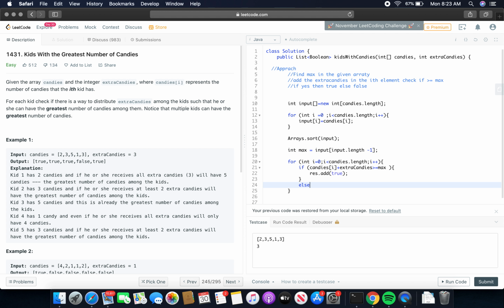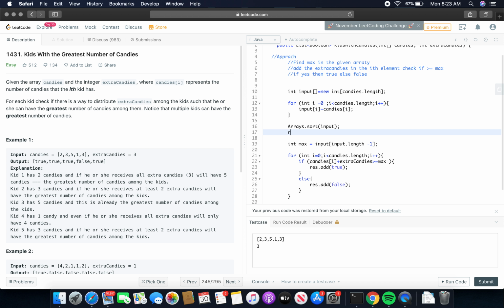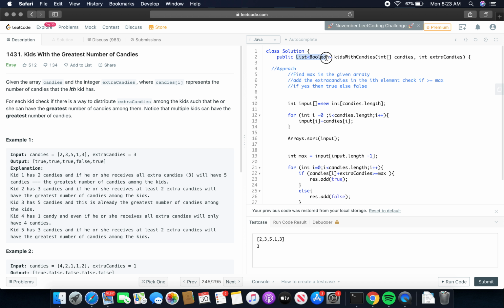Else we will add false. So if the element is greater than the max, then we will add true into the result set. So what is our result? Result is actually, as given in the question, we have to return a list of boolean. So we will create an ArrayList of Boolean, result is equal to new ArrayList.